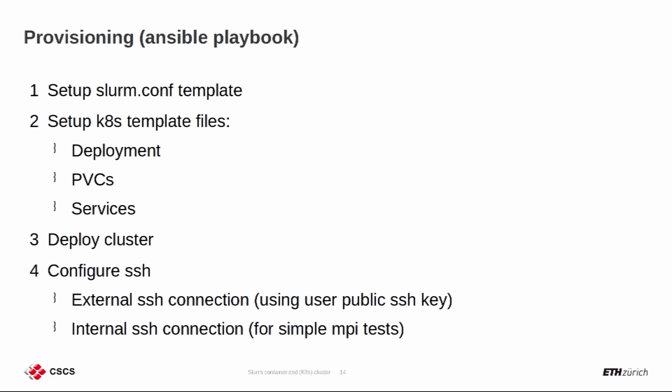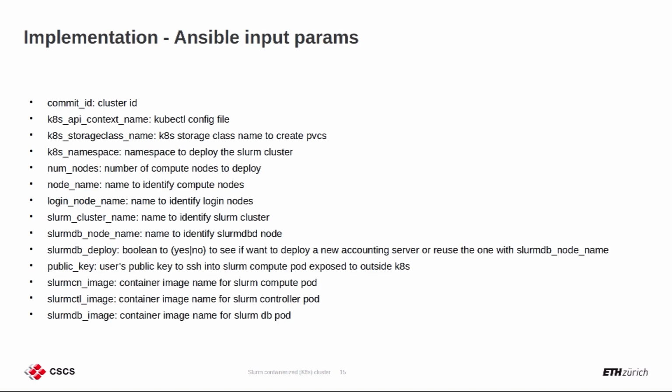This is just the steps that Ansible was doing at a high level. And then, as you can see, in the last section for the SSH, you have 2 different processes. One is the internal one, which is the one used by MPI, and the other one is just for the user to connect. These are some of the parameters of the input file, so you can specify all this, and the script will parameterize the cluster as you want.